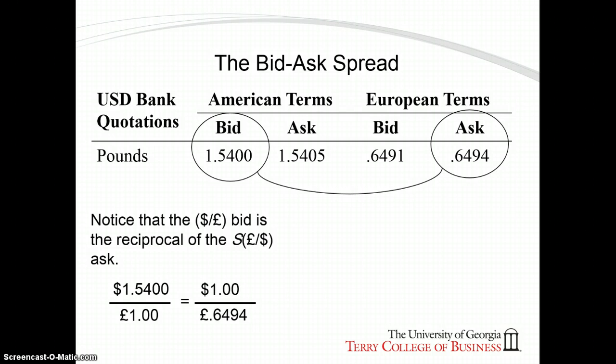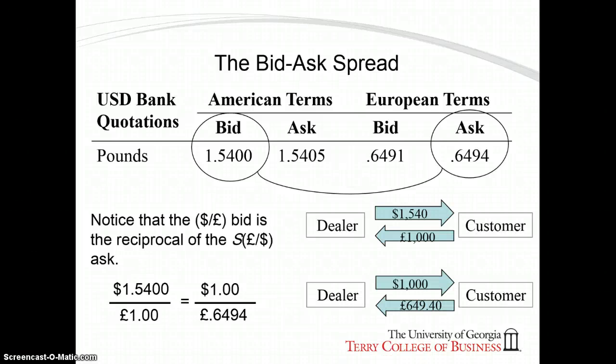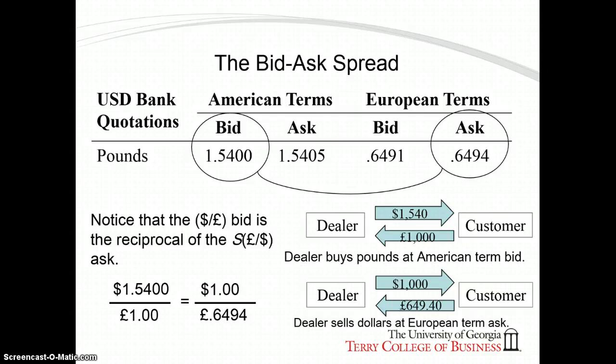Let's take a closer look at the quotes from the previous slide. Notice that the American term bid price is equal to the reciprocal of the European term ask price. I've shown the equation for this in the bottom left corner of the slide. Now let's consider a trade of 1,000 pounds. One way to think about this is that the dealer is willing to buy 1,000 pounds from the customer for